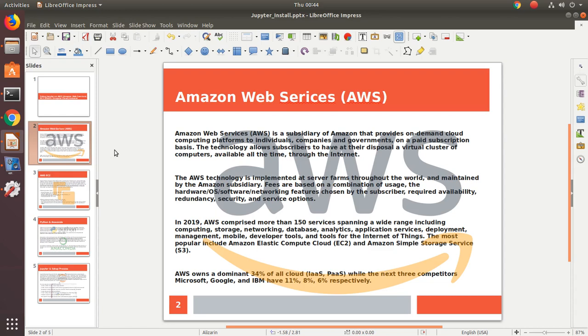say, virtual machines. And fees are basically based on a combination of usage, the type of hardware we are looking for, whether we're looking for smaller RAM or high RAM, whether looking for a simple CPU based instance or GPU based instance, and how much money or how many number of hours we are going to commit for this particular usage. In 2019, AWS has more than 150 services spanning quite a bit of range, including computing, storage such